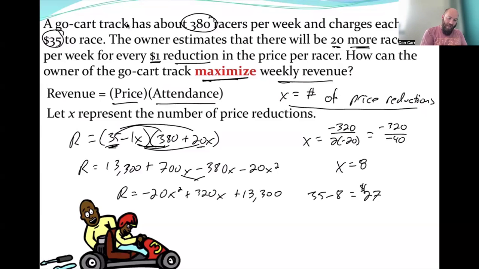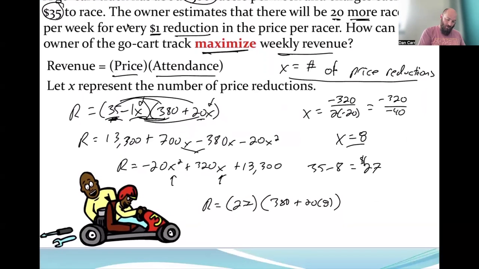So by plugging in the 8, x equals 8, I can do it either here or in here, doesn't really matter. So if I represent my revenue as 35 minus 8 is 27, multiplied by 380 plus 20 times 8. Okay, so my revenue will be 27 times, we got 380 plus 20 times 8 is going to give me 540, which is then going to come out to